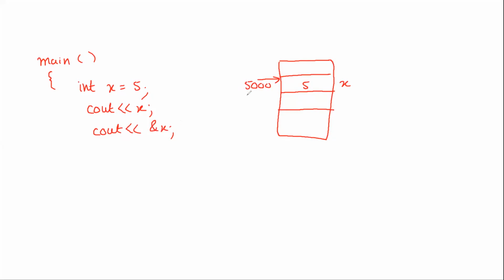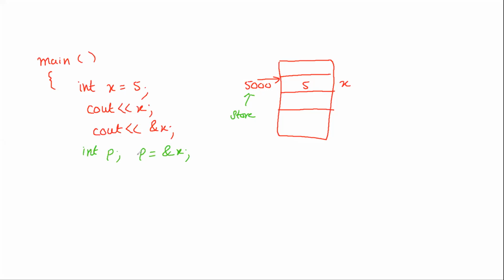Suppose I want to store this address somewhere, in some variable, just like I store 5 in X. Similarly, now I am interested in storing this address 5,000 in a variable. The first thing that comes to our mind is, let's try this. Why not take another variable, let's call it P, it is also an integer, and copy this address into variable P. We are just trying, maybe it is correct, maybe it is wrong, we don't know, but this is just a guess that since it is an address 5,000, let's try and store it in another integer, P.